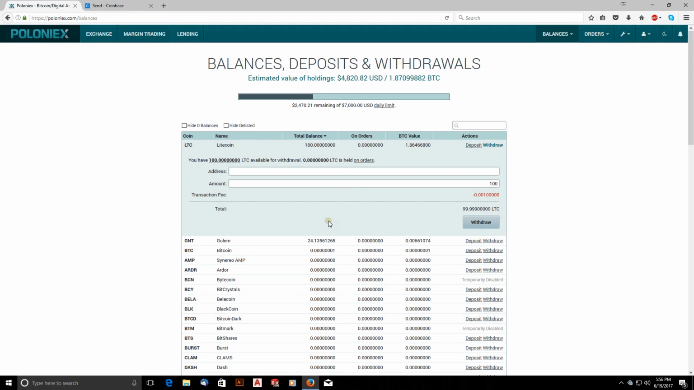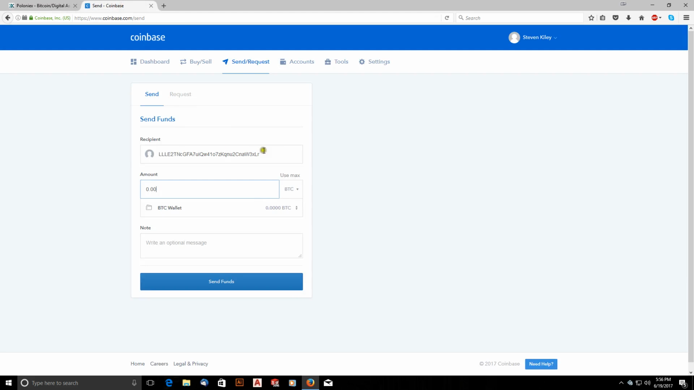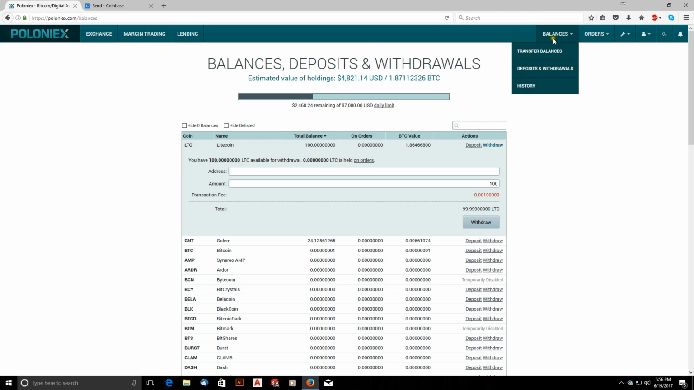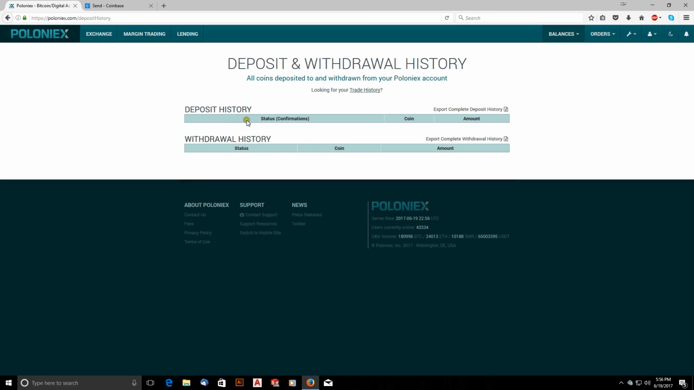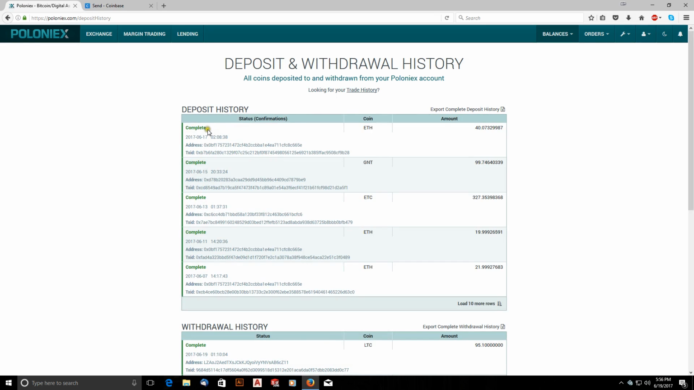And that's pretty much it. So to recap, you enter your trading address, the deposit address from Poloniex, into Coinbase, then send from Coinbase. Your deposit will show up in history, waiting for confirmations in the deposit history. Once the confirmations complete, you'll go back to your deposits and withdrawals, and whatever coin you entered, so in